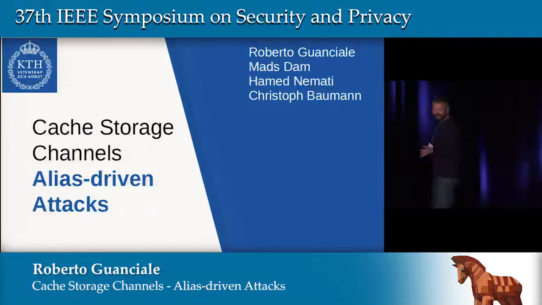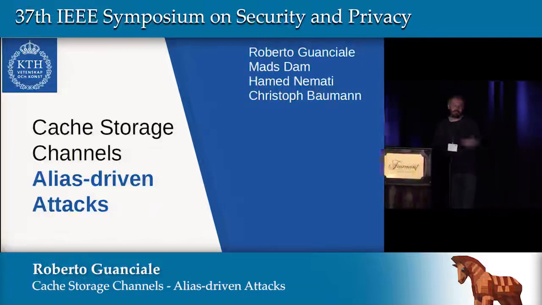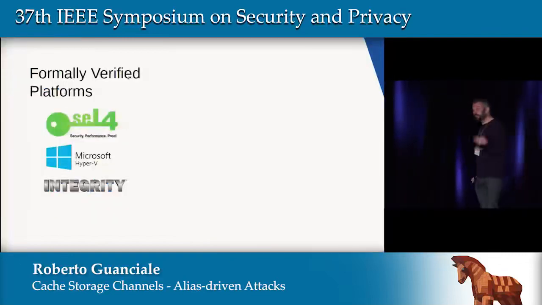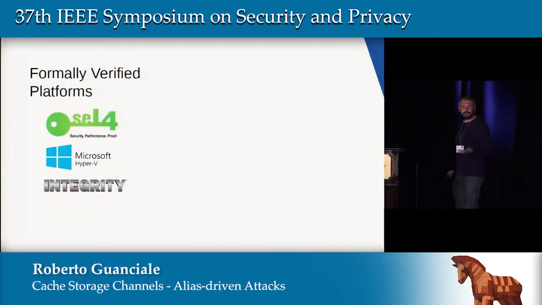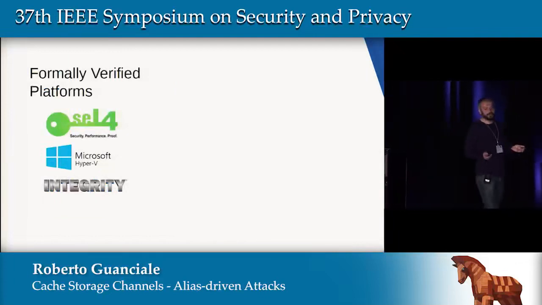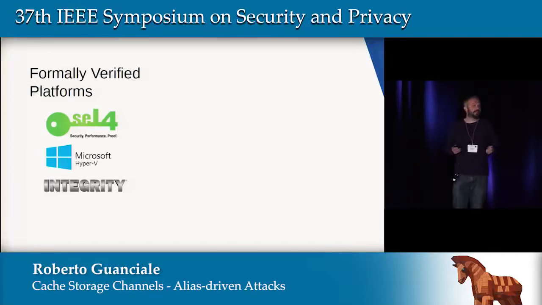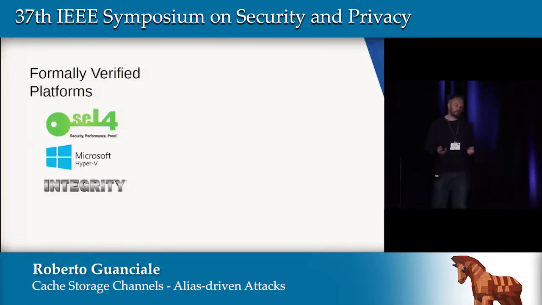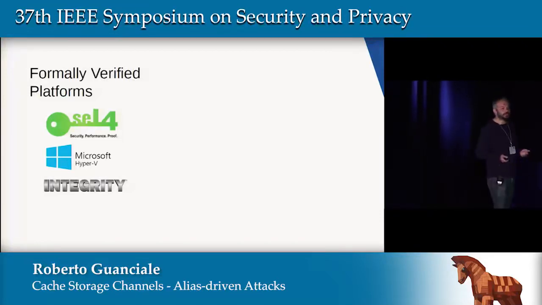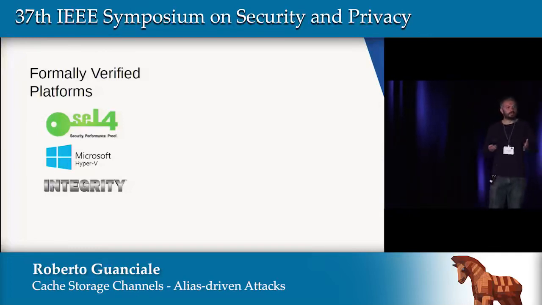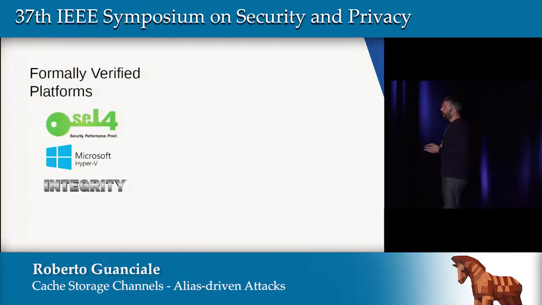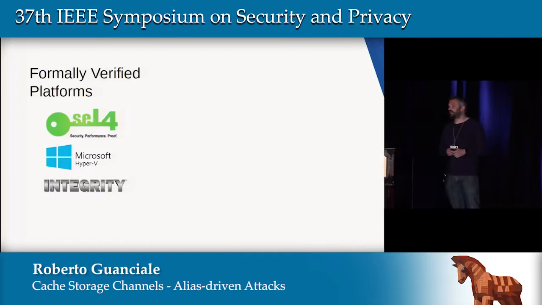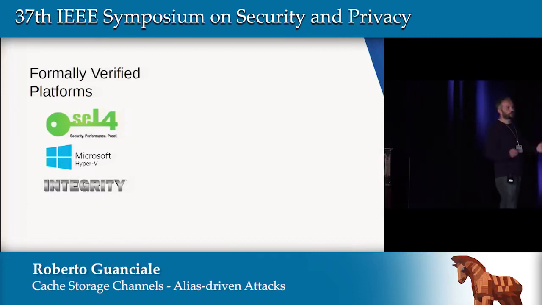Today I present new attacks that use cache to tamper with both the integrity and confidentiality of secure software. In the last years, there has been a huge investment in formally verified platforms, and this paid back by providing hypervisors and microkernels, basically low-level execution platforms with unprecedented security properties. This platform can be used to bootstrap the security of a system by giving trustworthy isolation of the critical components and isolating them from less security-critical parts of the system that can then be implemented using off-the-shelf software.